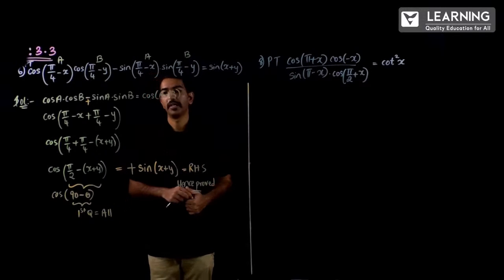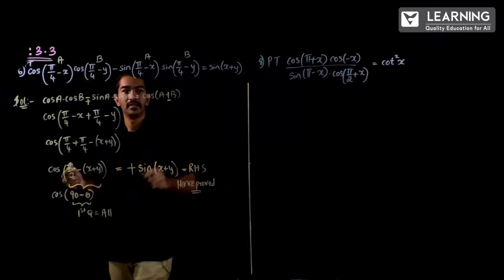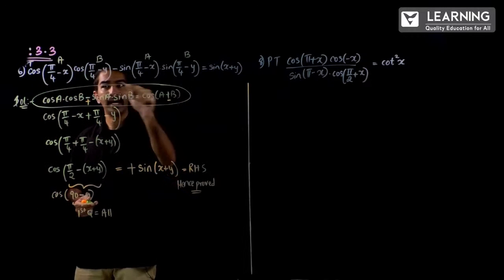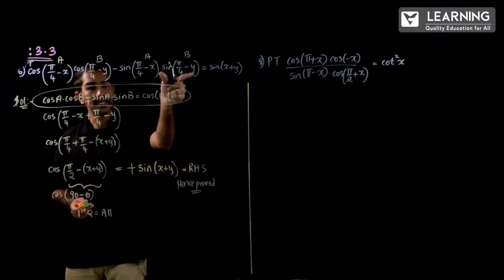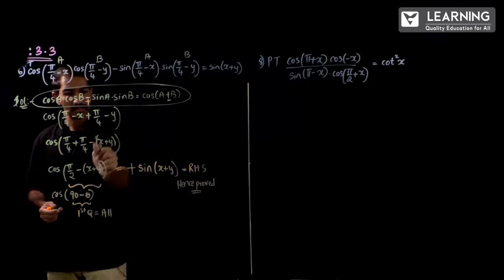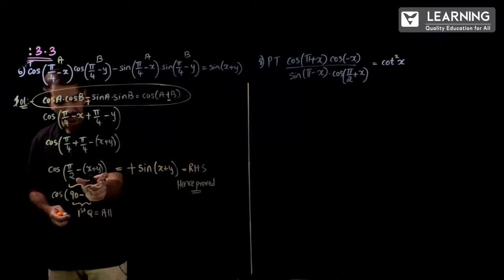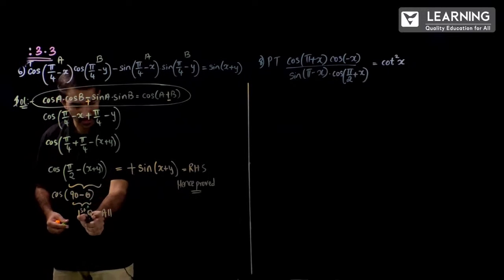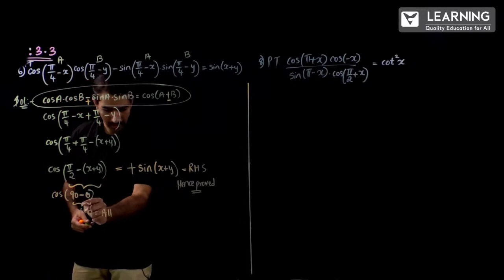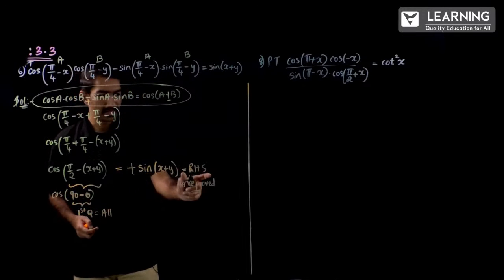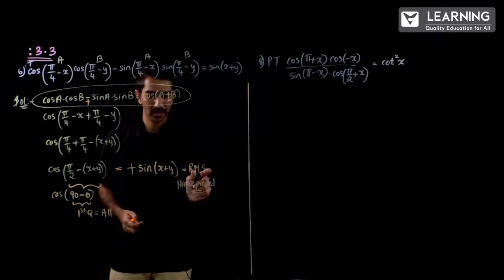Understanding? So what is very important here? This part, the compound angle part. This formula you have to know. You have to identify this question, relate it with this compound angle formula, convert the given thing into like this, simplify. After simplifying, again you have to recognize this is in the form of 90 minus theta. You have to know that 90 minus theta lies in the first quadrant, and you also have to know that in the first quadrant all are positive. So since all are positive, we are writing this sine of x plus y and we got RHS and